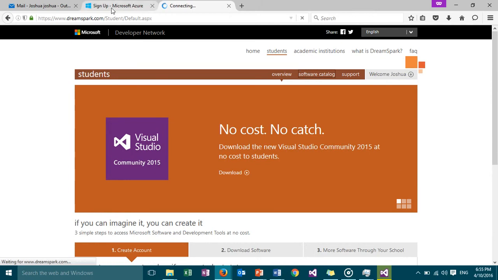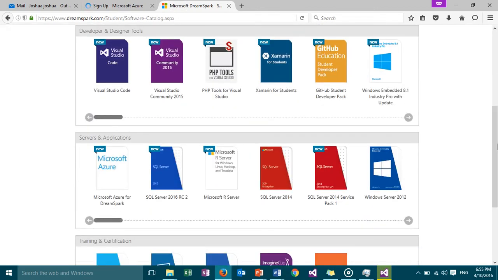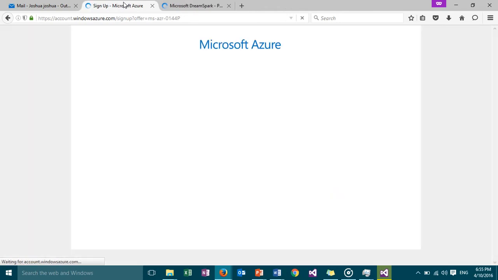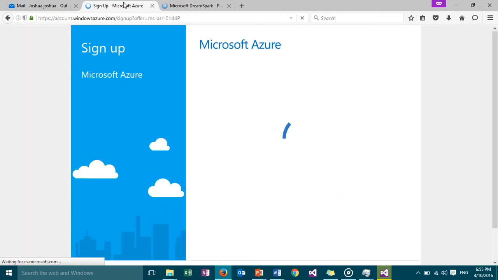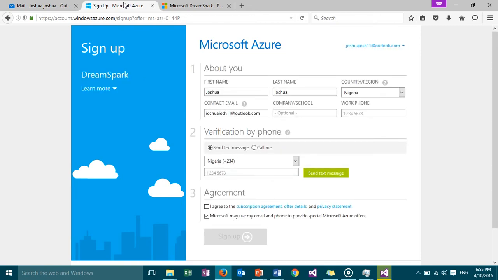Software catalogs. Are you in? I need to go to Azure for a second. Let me see. Yeah. Sign up for Azure. So it's coming up, and what I have to do is, it uses the same details you have,